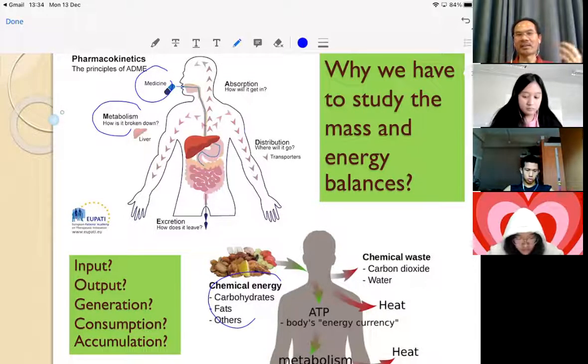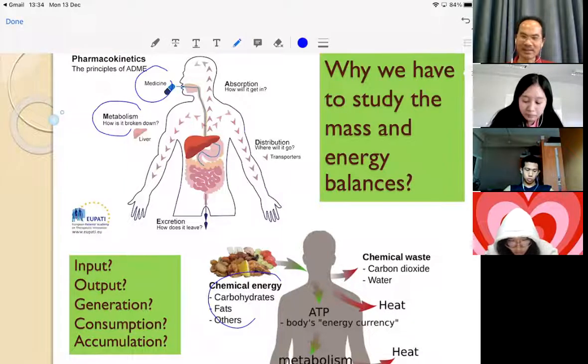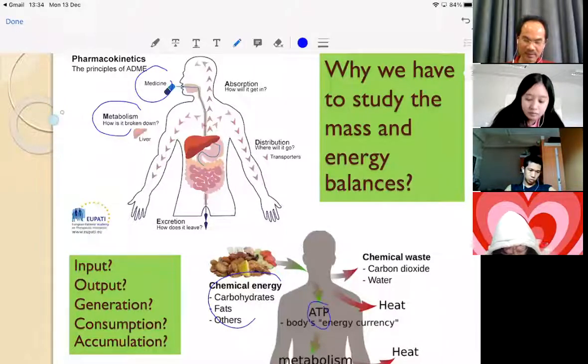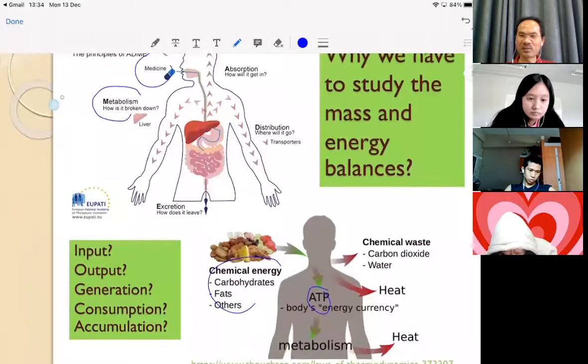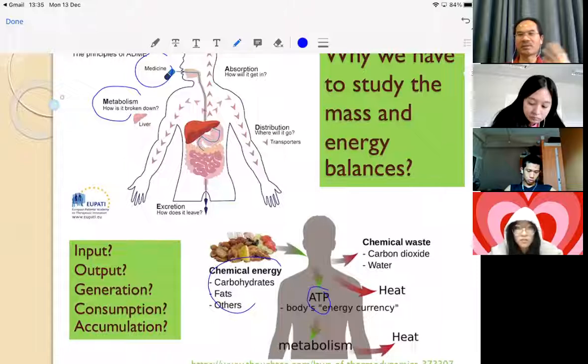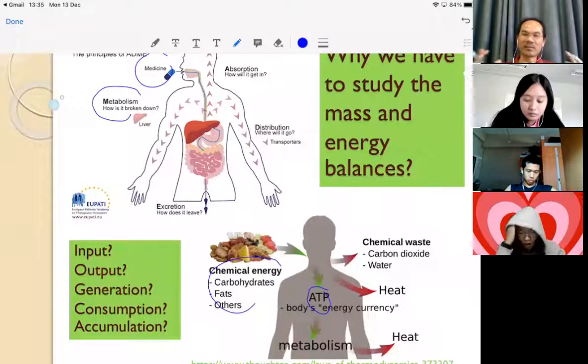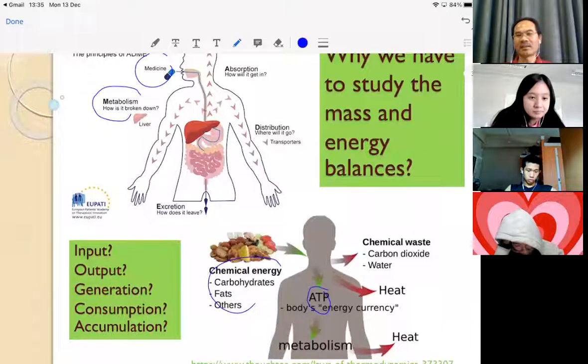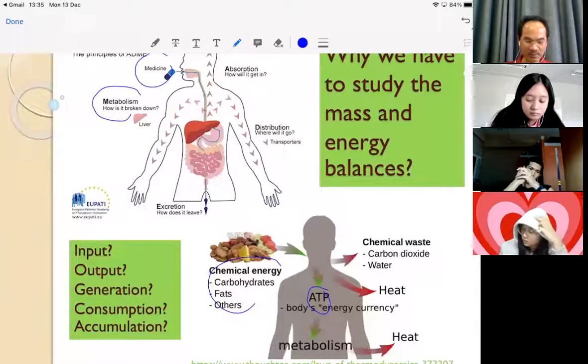In your body, you change the food, you change the medicine, convert to another substance. It's maybe in terms of the energy, like ATP, adenosine triphosphate. That's right. Sometimes your body converts your food into ATP for energy for your body, and also converts carbohydrate to sugar. And also this is for your body, for growth. Okay. This is the food feed to your body, and also some conversion. That's why we have input.